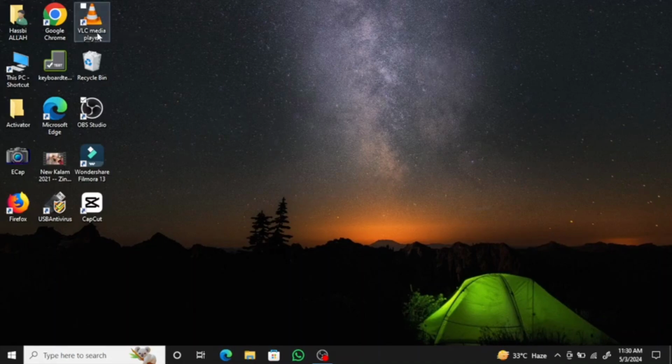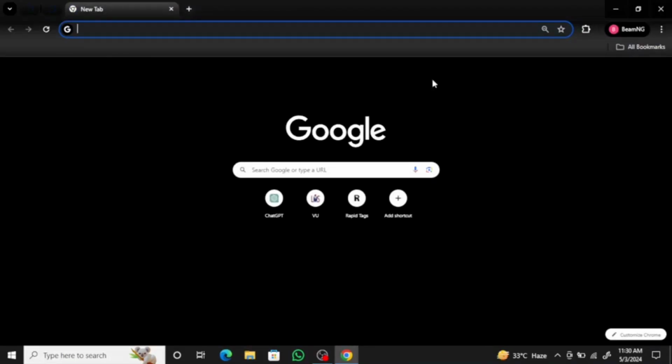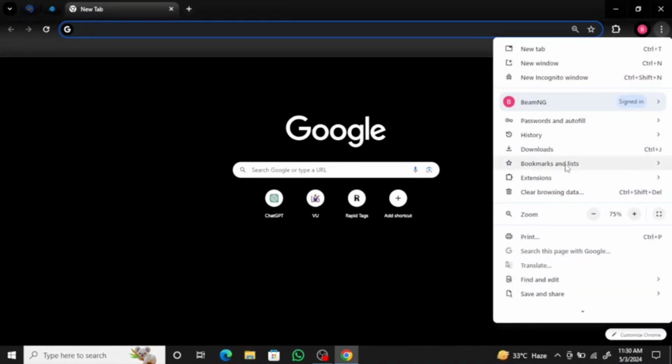So let's start the process. First, open Chrome browser and click on the three dots at the top right corner. Then select Settings